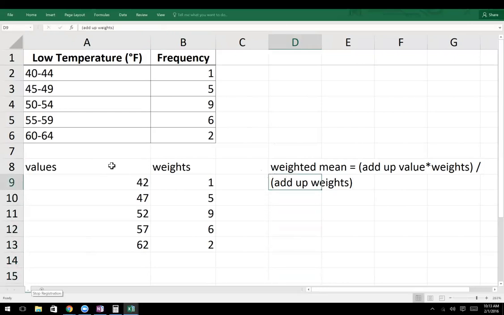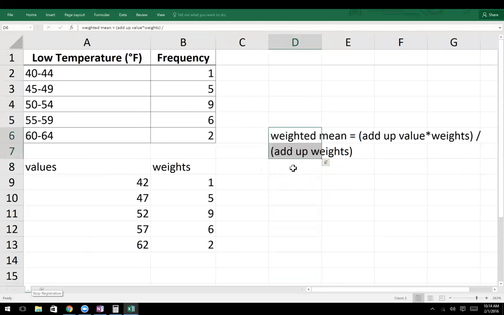So let me move that up a little bit. I kind of want to put something else right there. All right. If I want to find the weighted mean, the first thing I need to do is multiply all the values times their weight. Excel is great for doing something one time and then just copying it.